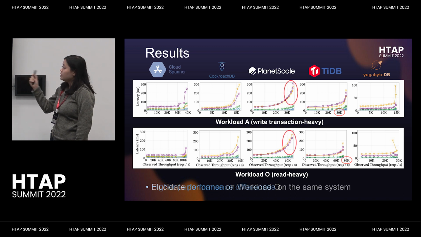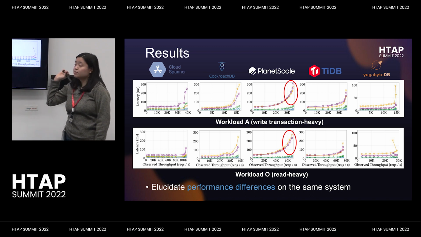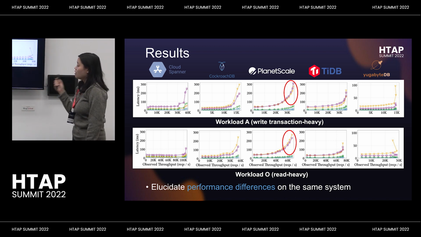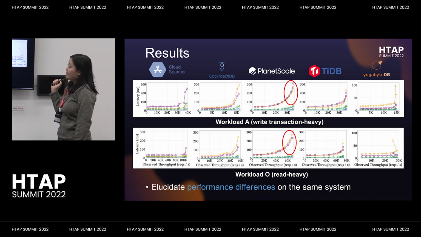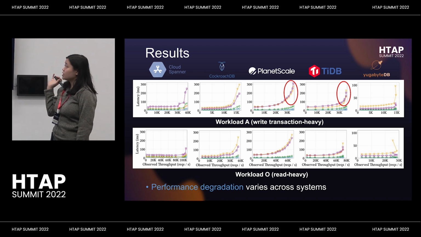We also find that there are performance differences on even the same system that our benchmark is able to show. So for example, here with PlanetScale, we see there's higher latency for write transactions than read transactions, and vice versa on workload A. And we also see that performance degradation varies across systems.